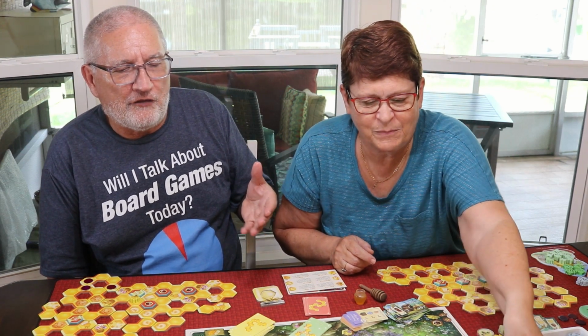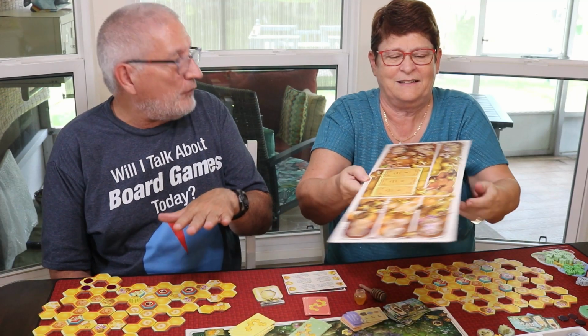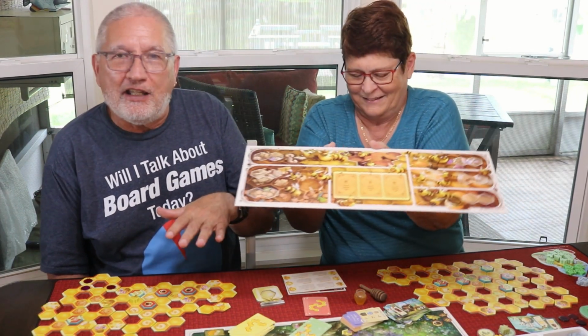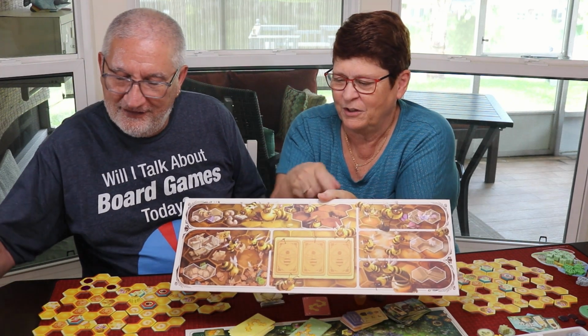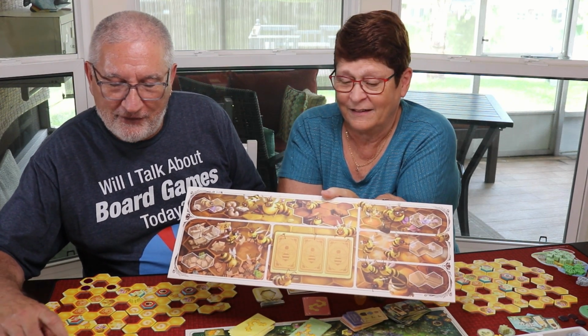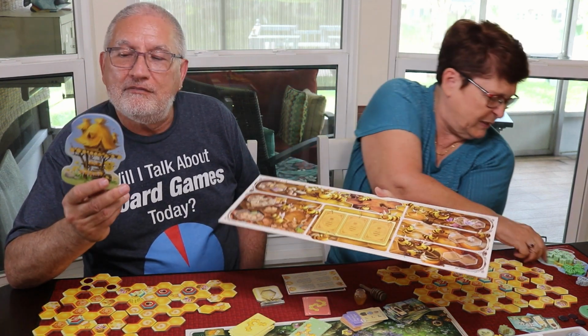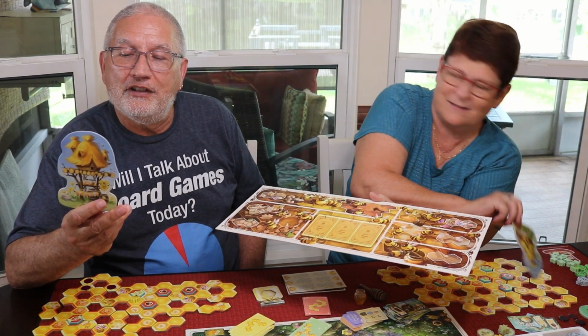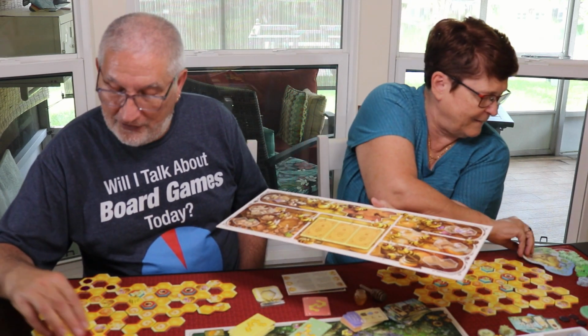If there were no randomness in any board game, the smartest person would win every time, and you can't have that. So, there's a little hive board where all the tiles go that you choose from. Each person has their own little beehive that you're going to put all your worker bees on,